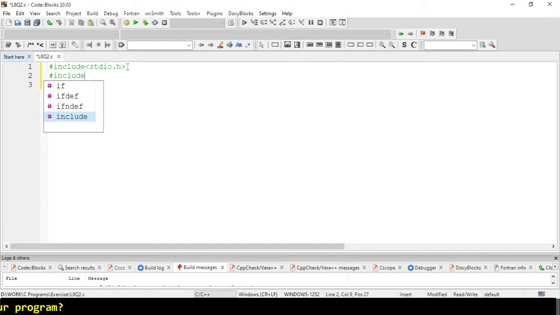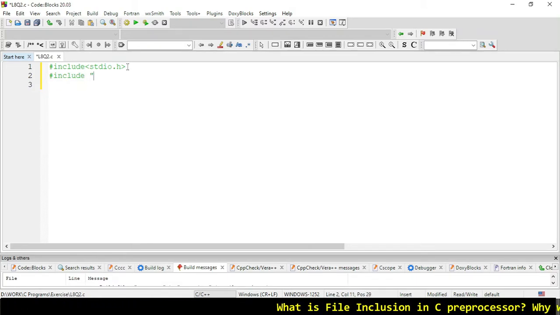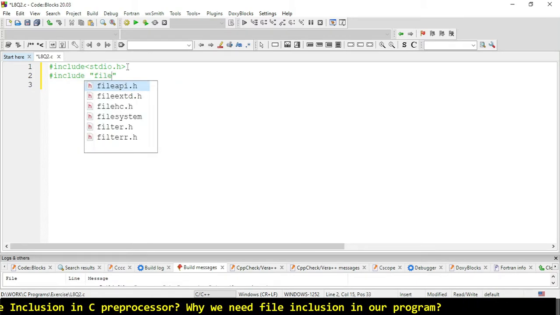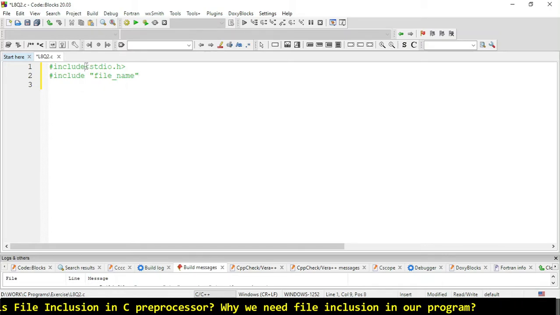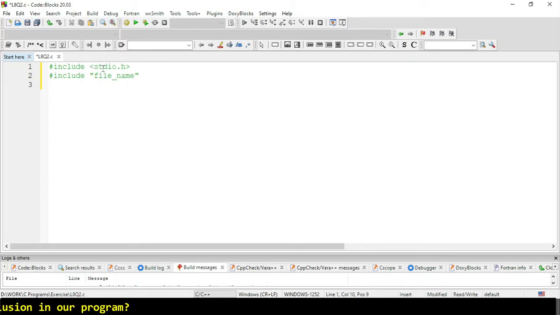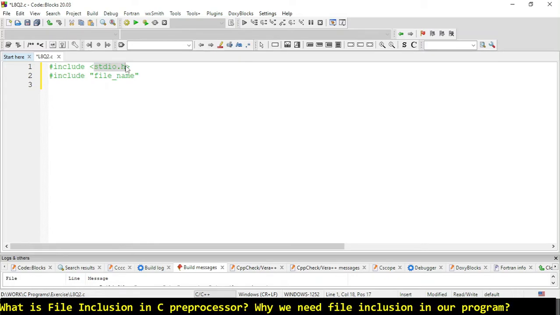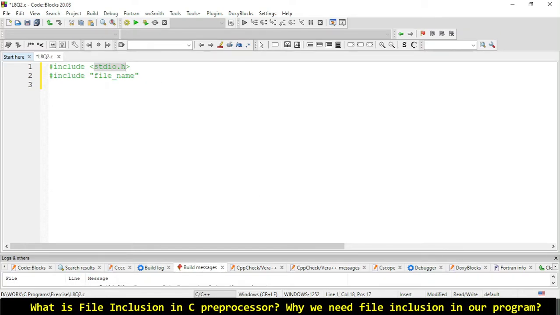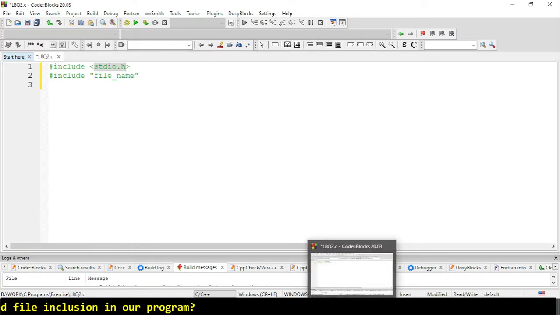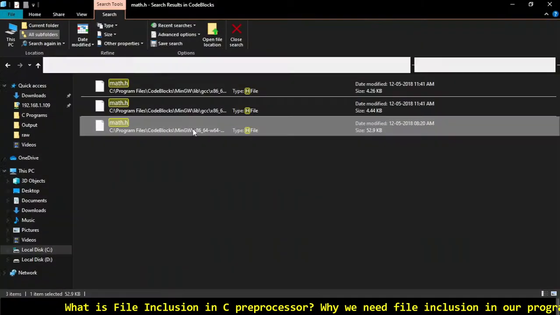Here, as you can see, we have to include the standard input output file, and there are two syntaxes. The first one is the angle bracket symbols, and the second one is double quotes. The bracket one is used for default directories, which the compiler defines itself. It will search in some default directory for the stdio.h file.